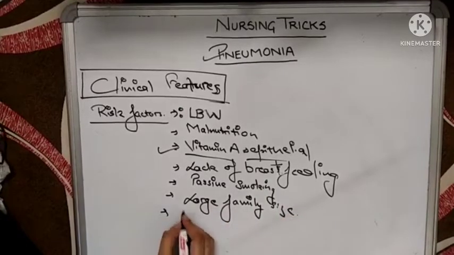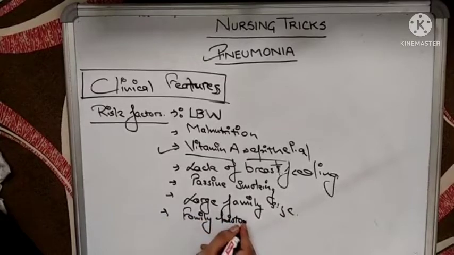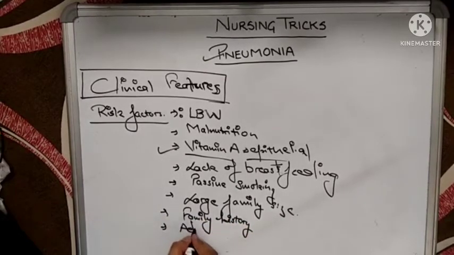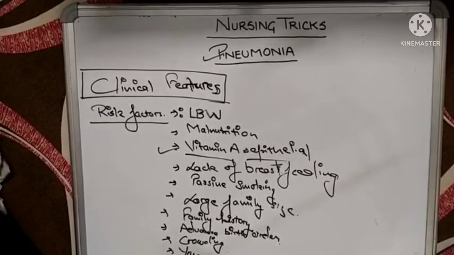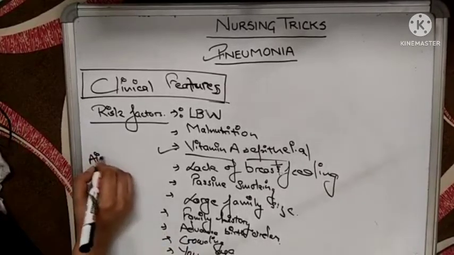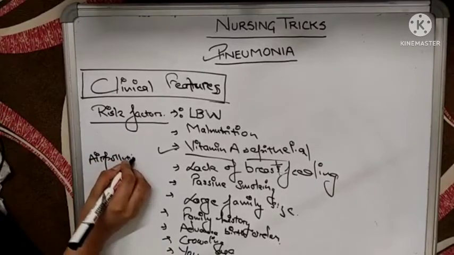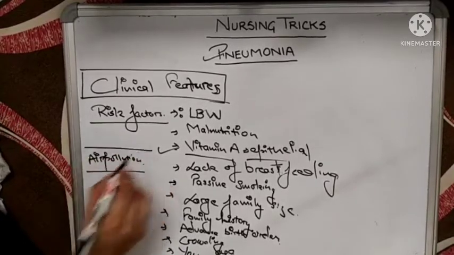Or if there is any family history, that can lead to this. Or if there is an advanced birth order. In advanced birth order, what will happen? The child will not get the optimum nutrition. If there is overcrowding in the family, you can say the crowding in the family. Or if it is a young age, or air pollution, you can write air pollution. So these things can precipitate to the